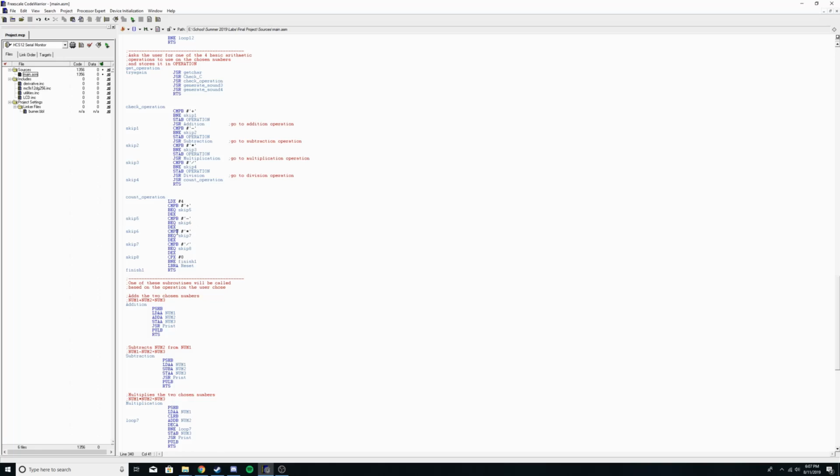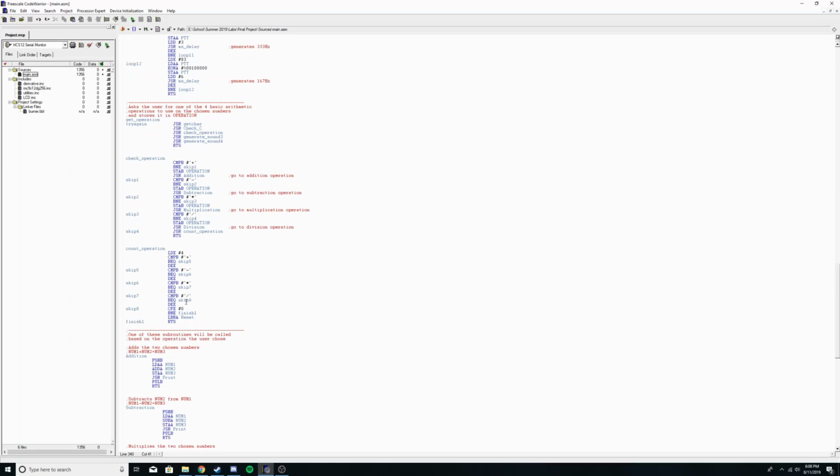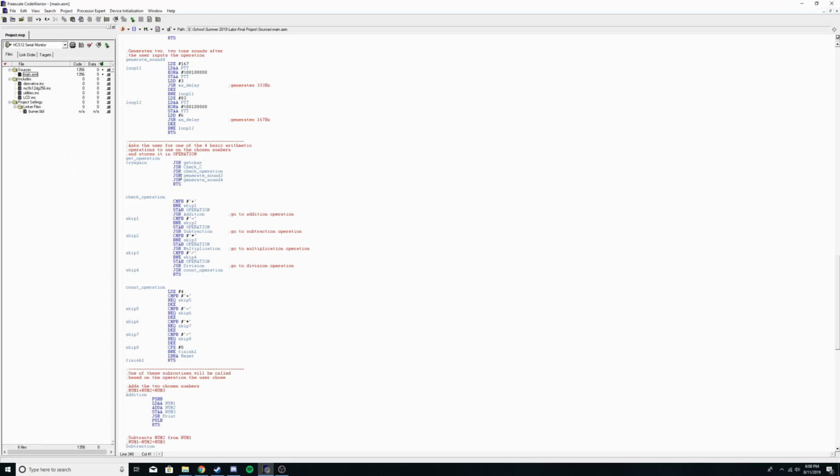It'll see that they didn't put in one of these 4, and it'll reset the program. But if they did, it will just go through this and not take the branch. It'll just return from it and see that there's no problems. So it'll return to there, check operation, and then it'll return from check operation up to get operation, and then